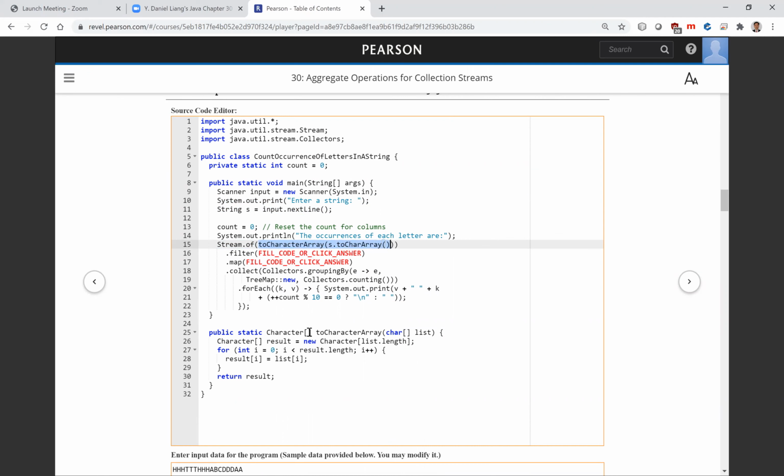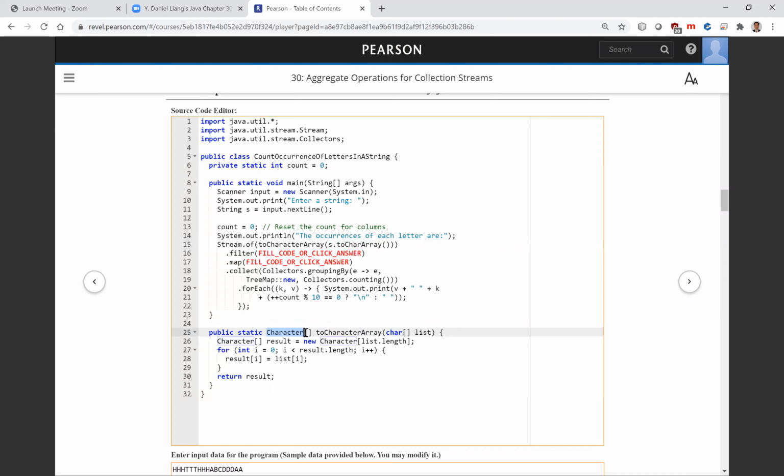So toArray, this is the array of characters. This is what we need, and we're going to get this, s.toArray, so these are the characters, converted into the